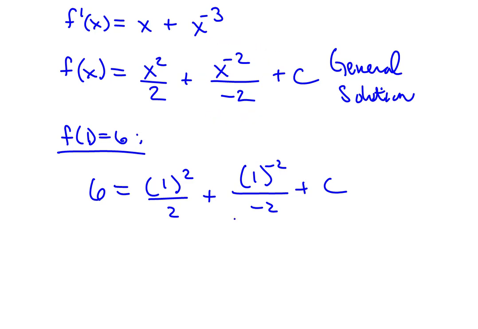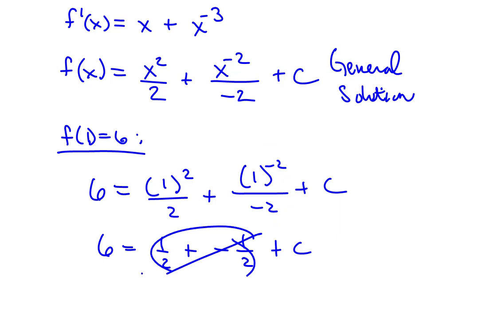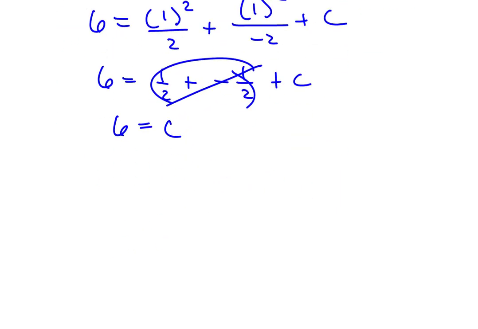But notice now, this is an equation where we could actually solve for c. So let's do that by simply crunching this out. We'll have 6 equals 1/2 plus, this would become negative 1/2 plus c. This second term arithmetic, if you simplify it, is just negative 1/2, which means the plus 1/2 and the minus 1/2 just cancel out, which means 6 equals c,